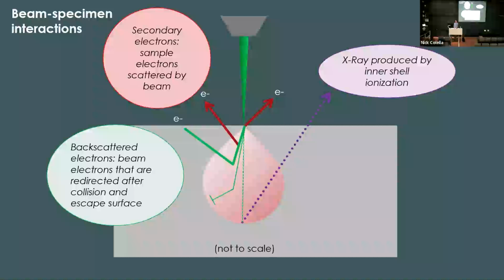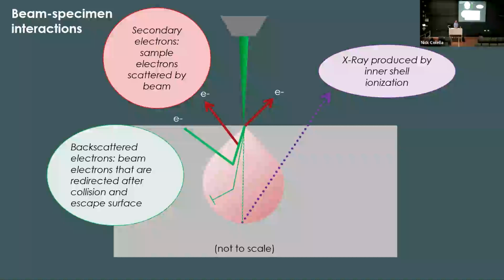Okay, so going back to this idea of the interaction volume, we have different signals and where they might be coming from. Starting with imaging, we have two main types of imaging signal. We'll talk about those, and then I'll transition over and talk a bit about some of our analytical methods. Imaging breaks down into two main categories, which are secondary and backscattered electrons. Both of them come from different places and tell us different information about the sample.